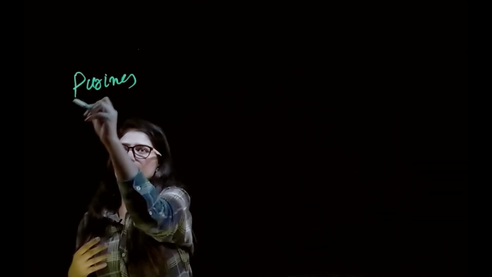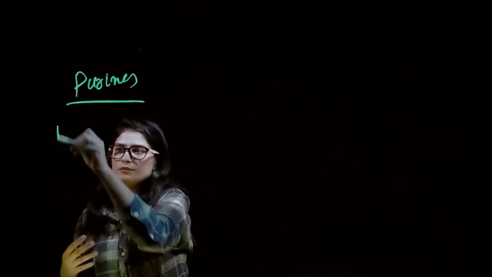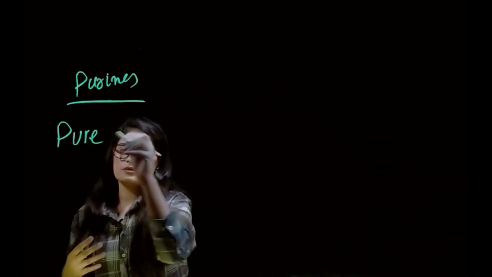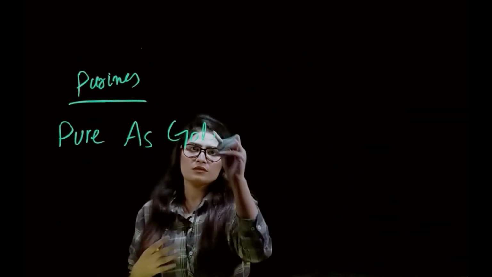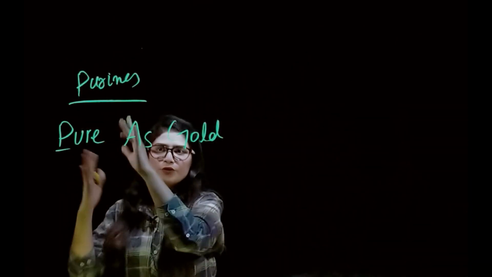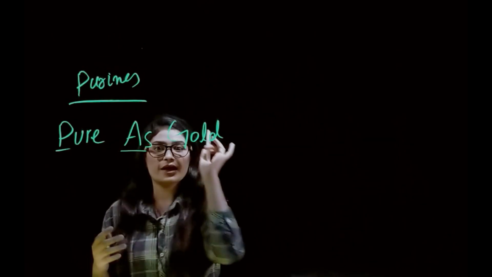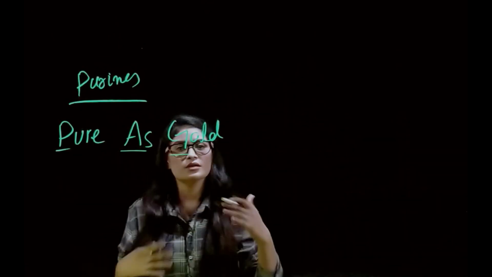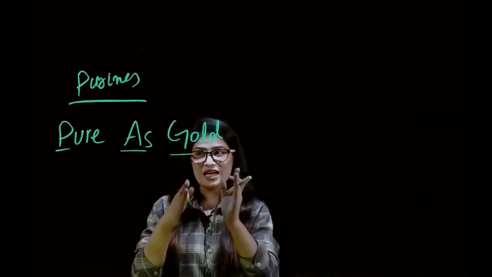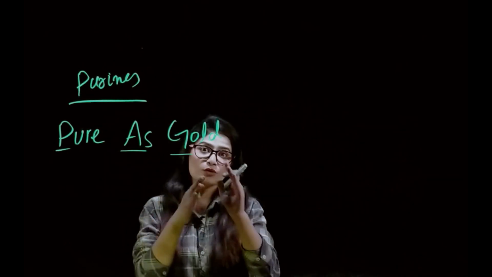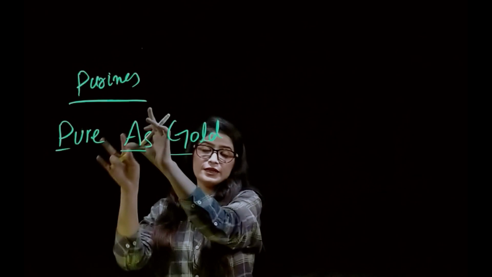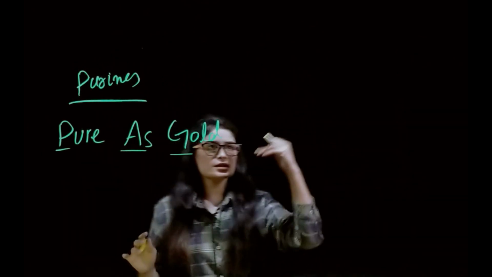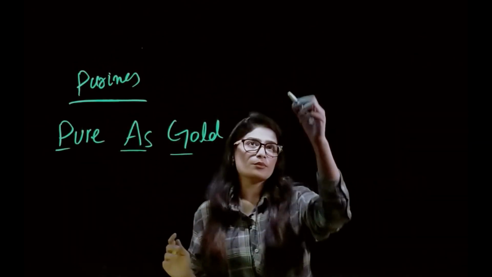If we talk about purines, the famous mnemonic is "pure as gold." So P for purines, of course, A for adenine, G for guanine. With the help of this mnemonic, pure as gold, you can memorize what kind of nitrogen bases are included in purines. And on the other hand, if you talk about the pyrimidines,